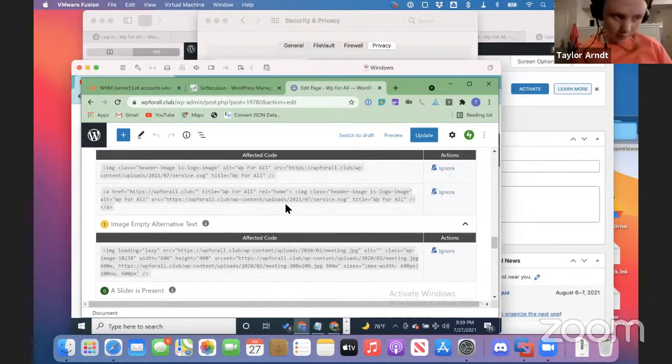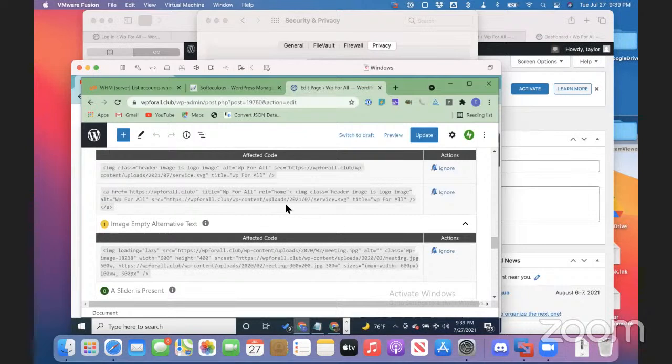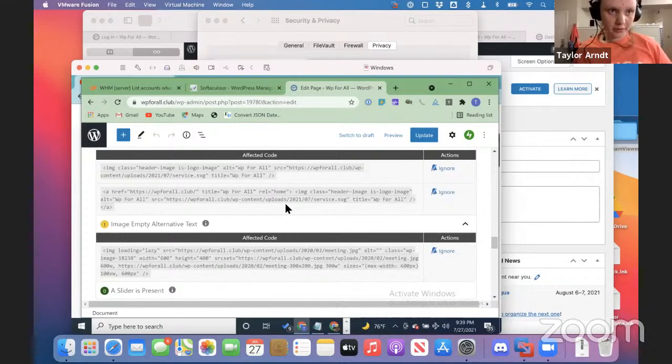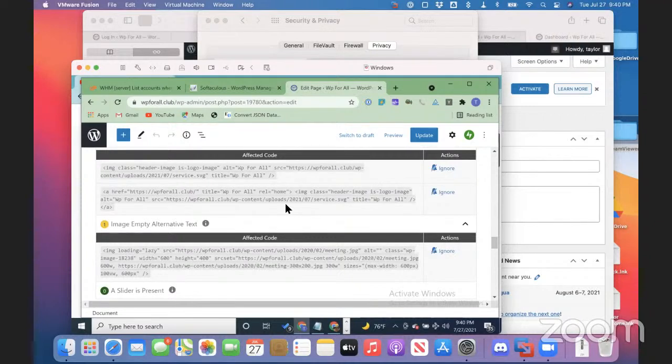And again, it could be used for decoration, but we don't know. Or the user may not know. In this case, for manual testing, it could be marked down in an audit, because we may not know what that image is for, and if it's empty, we may assume it's a problem. Right. And that's all of the categories that are issues.